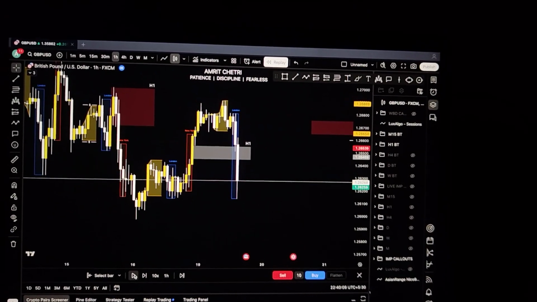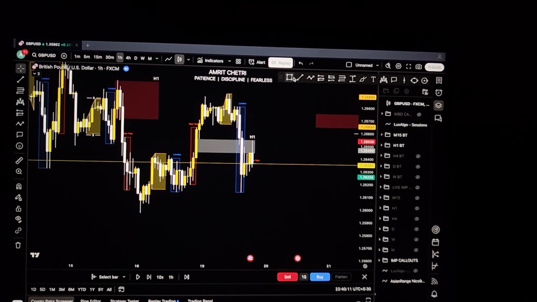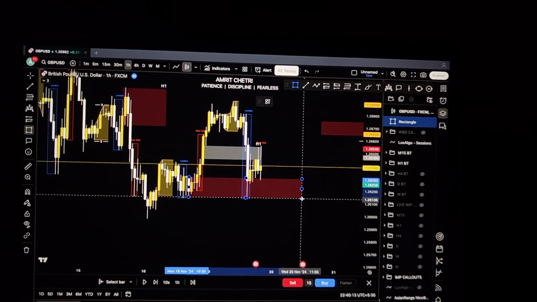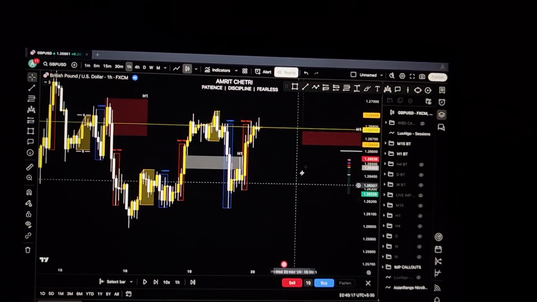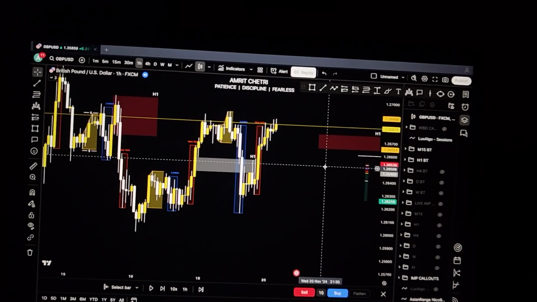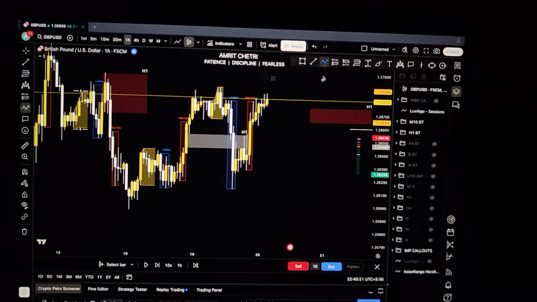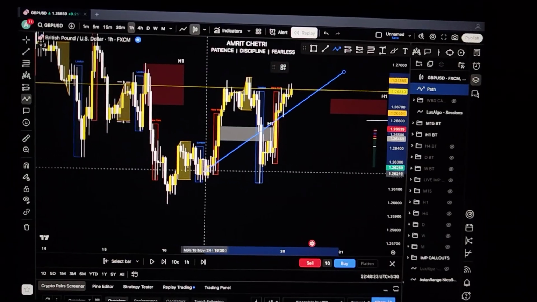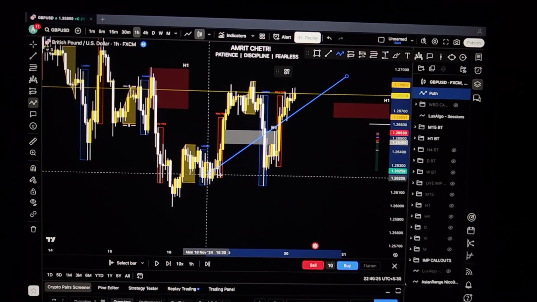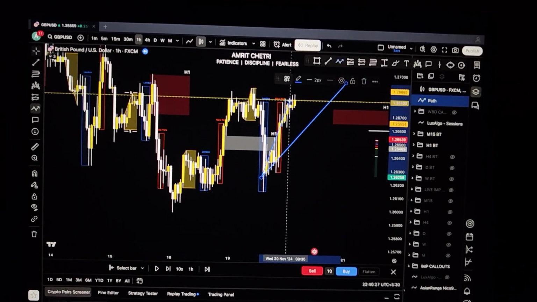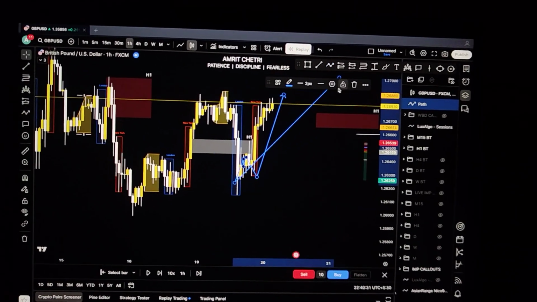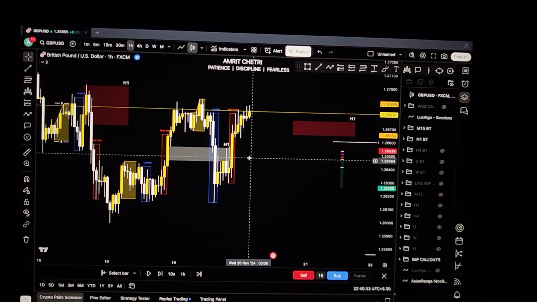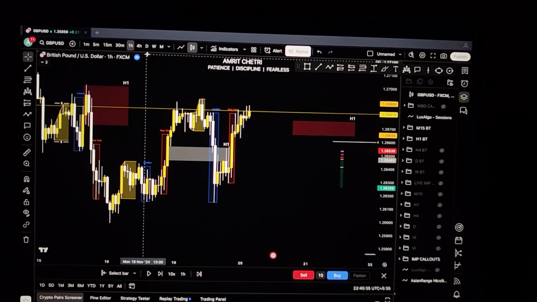I was looking for buys, and if I was looking for some sort of buys, I would look for some sort of demand zone here, which did play out. To be honest, New York session was to the upside, but we could not find any entry signal. My bias was bullish, right? So from some sort of demand zone here on the London, I could have entered this buy position right here, but we couldn't find any sort of entries right here. That is why I didn't do the trade on Tuesday also.